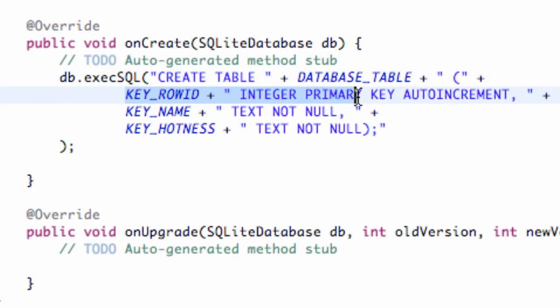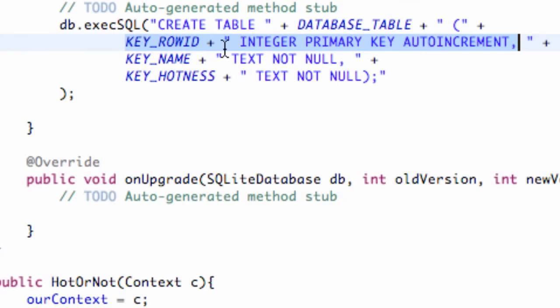First column is going to be just an integer that's going to increment automatically, and we reference that with our KEY_ROWID. Our name is also going to be text, for our second column, and our third column is going to be hotness. So there we go. We've set up our database within our onCreate method,